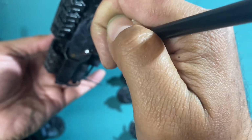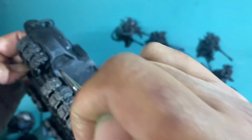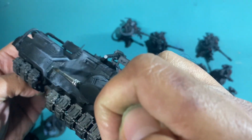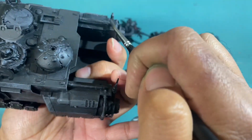I am stuck with the last model that I finished painting as a roommate for one day. How messed up is that? Okay, well, I have to actually think back to the last model that I finished painting, because the last models that I worked on were these guys actually last year. The last model that I finished painting,